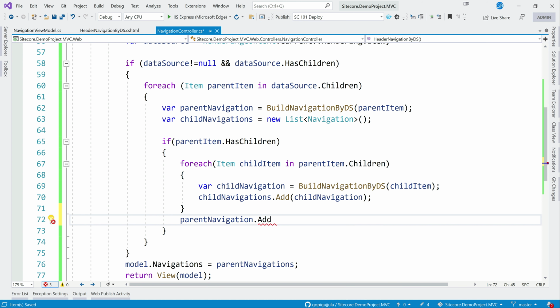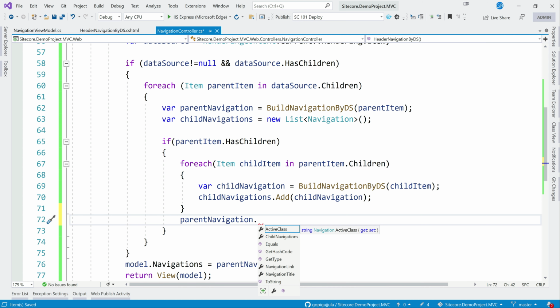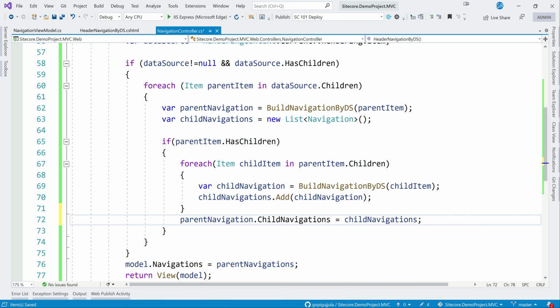Sorry, a little bit confused. Let me walk through. So we are building parent navigations, which is built navigation by DS, which is a parent navigation. That's fine. Then child navigations, it has children, and child navigations by here parent navigation. So from here, yeah, parentNavigation.ChildNavigations equal to childNavigations.